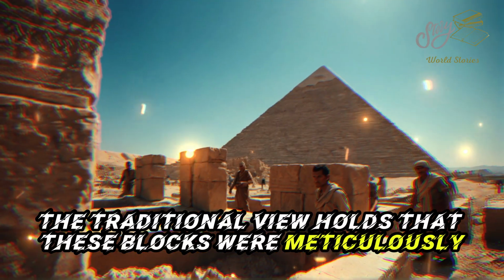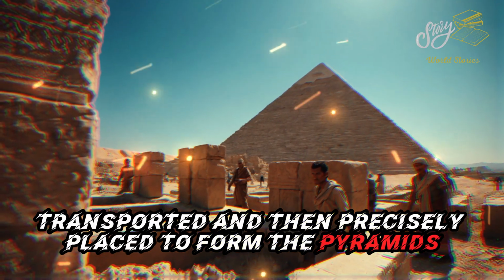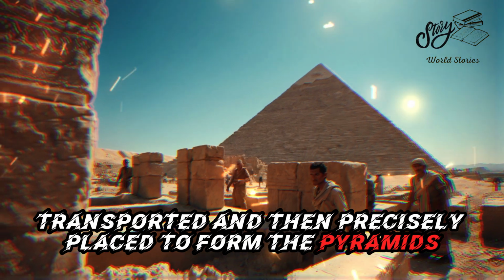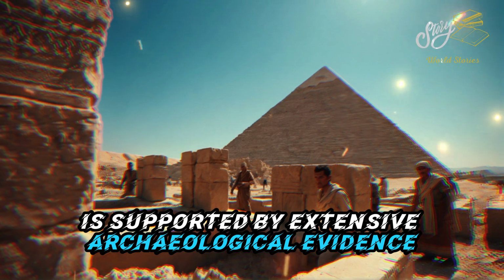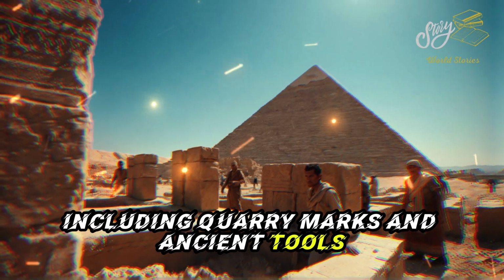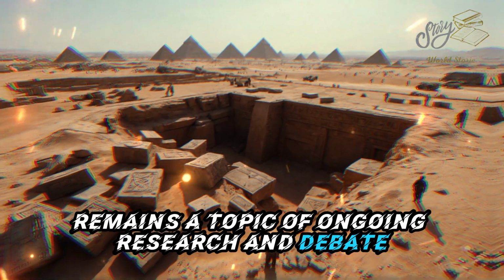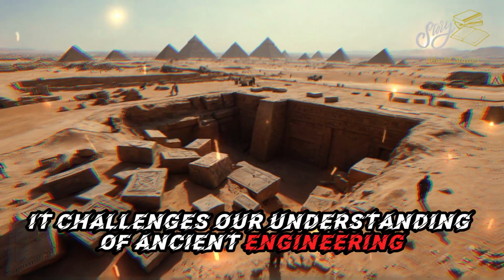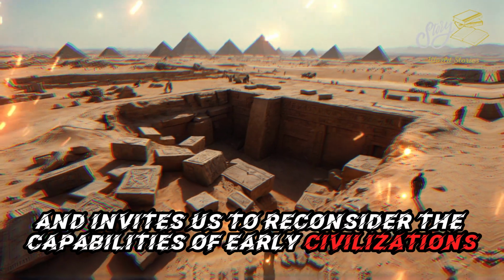The traditional view holds that these blocks were meticulously cut from quarries, transported, and then precisely placed to form the pyramids. This method, while labor-intensive, is supported by extensive archaeological evidence, including quarry marks and ancient tools. The casting theory, while intriguing, remains a topic of ongoing research and debate. It challenges our understanding of ancient engineering and invites us to reconsider the capabilities of early